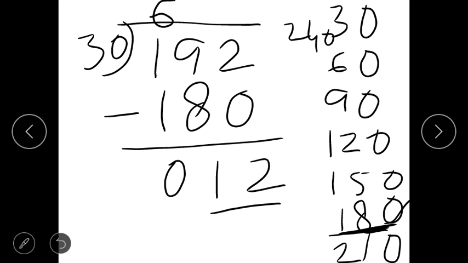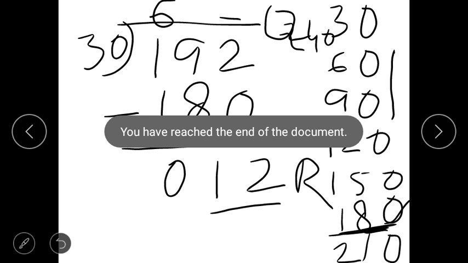Now you will be thinking that, teacher, how 12? Because this divisor 30 is more and the remainder is less. So this remainder 12 will never come in the table of 30. Table means addition. It is addition. So always it is adding 30 plus 30. So this is what is left at last, which is less than the divisor. That is your remainder and 6 is your quotient. Got it? One more question I am doing for you.